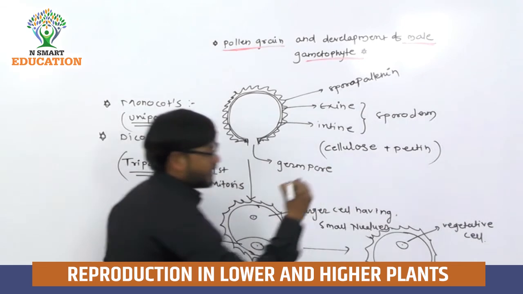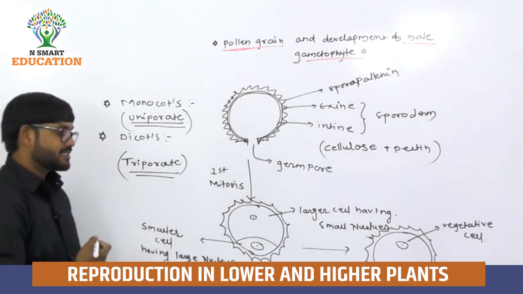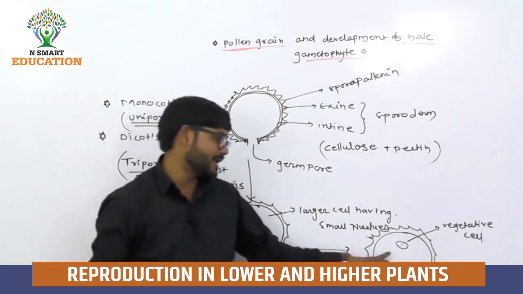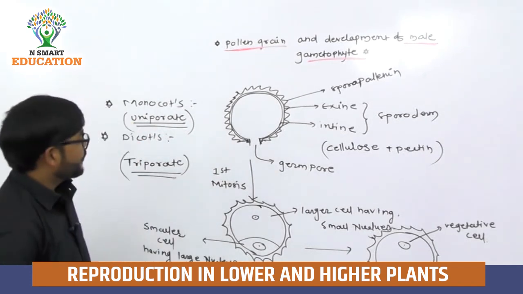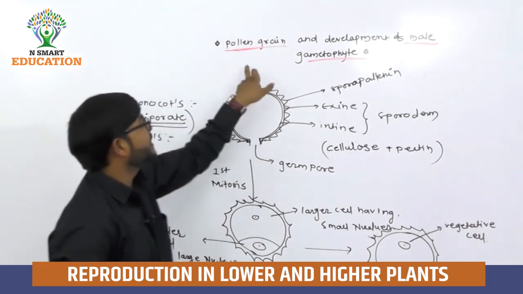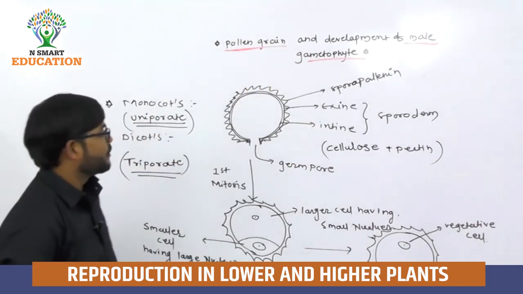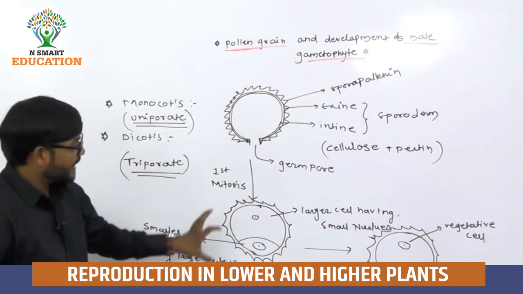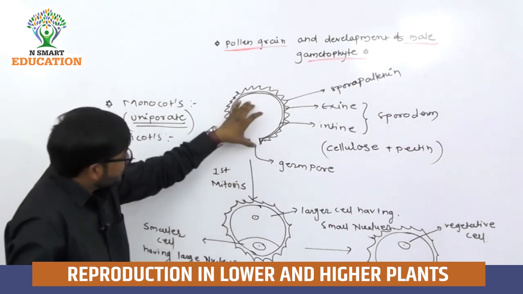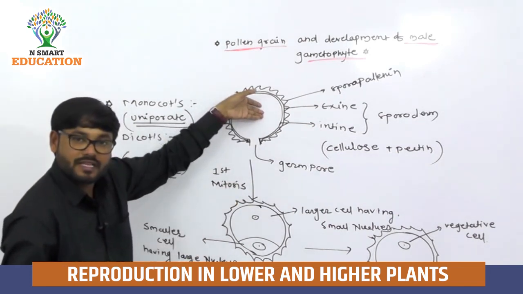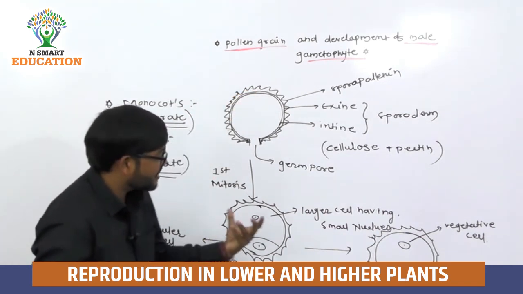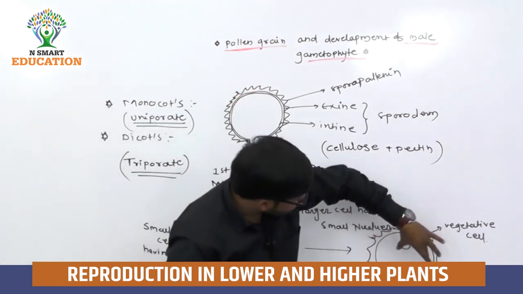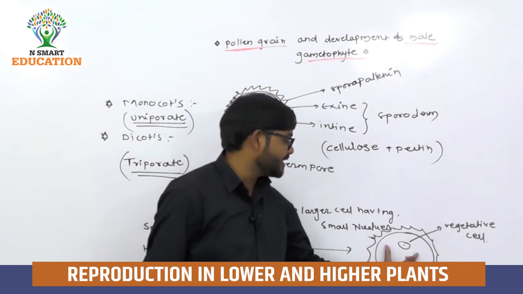Very important here. ओके तो दैट्स मीन्स अभी यही से क्या होगा दैट इज अ डेवलपमेंट. ओके डेवलपमेंट होगा मीन्स पर्टिकुलरली पोलन ग्रेन एंड डेवलपमेंट ऑफ मेल गैमेटोफाइट है. ओके तो अपन ने एक तरीके से मैच्योर पोलन ग्रेन्स का डेवलपमेंट देखा. ओके और यही से ट्रांसफर होगा और जो भी पार्ट्स है तो दैट इज अ बिफोर पॉलिनेशन